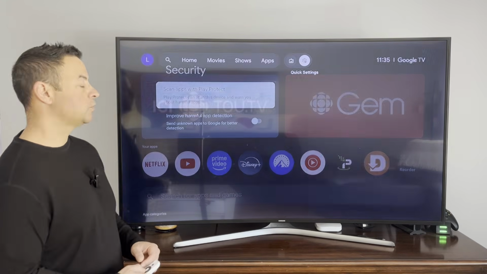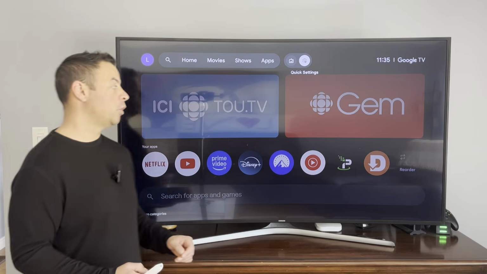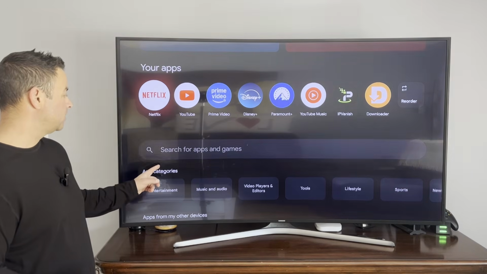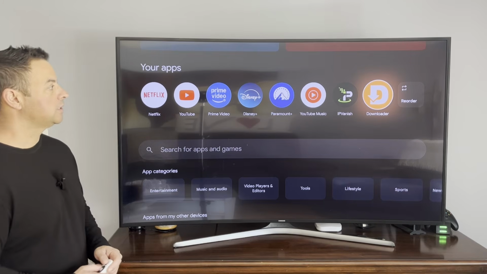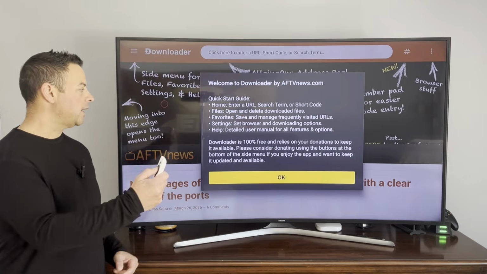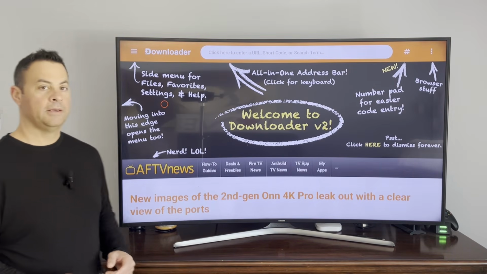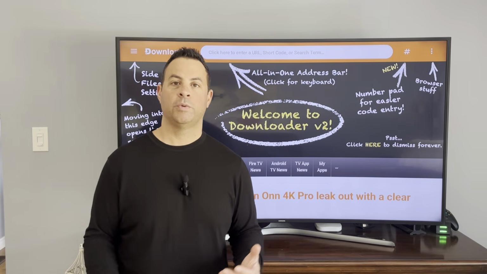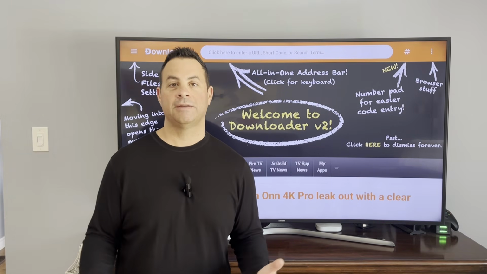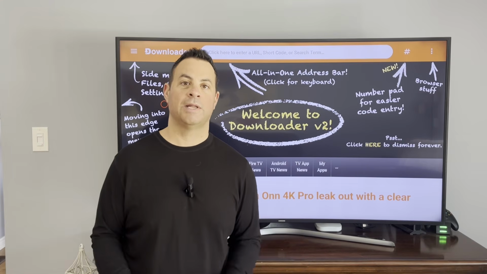We can go back to the home screen, and we can look for downloader and open it up. So we can just come down to your apps section, and all the way at the very end there, we have downloader. So select it. Quick start guide, select OK. This is downloader. It works just like any web browser. So we can type in any URL, like for instance, the website we're going to go to,